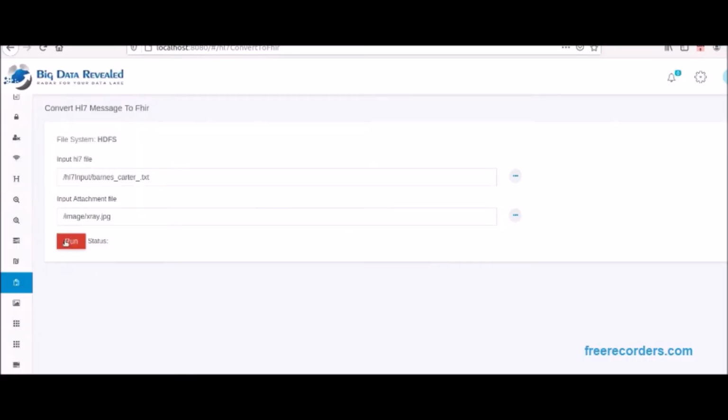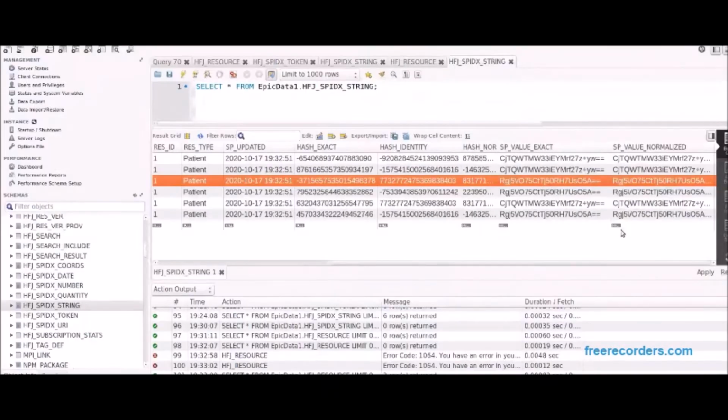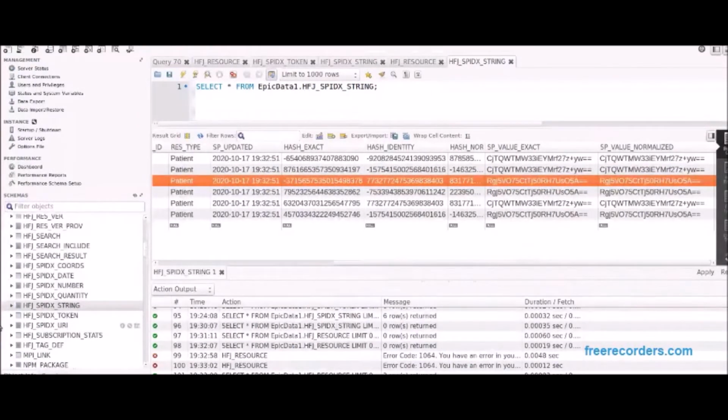Next, the user may select one or more healthcare documents, videos, images or most any type of media to be imported into the FHIR environment. In this case we are migrating a chest X-ray. Here we see the Big Data Revealed application securely encrypted the HL7 messages, as it will all capable healthcare documents